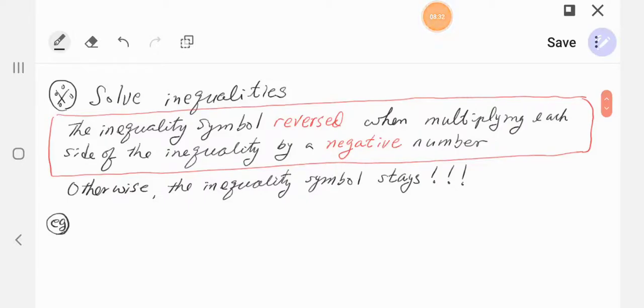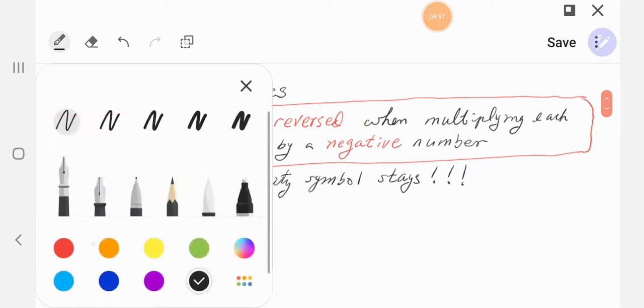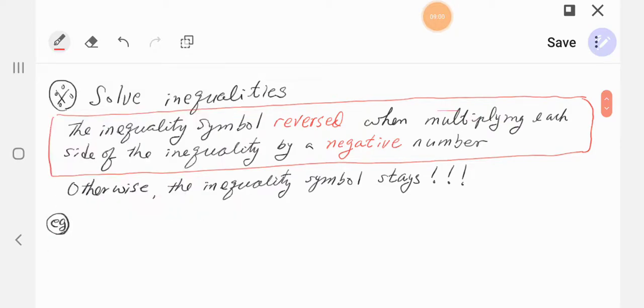Okay, the next definition is really important. When we solve inequalities, we have a rule. Solving an inequality is 99% the same as solving equations. The only difference is this: sometimes we have to multiply or divide the inequality by a negative number. So when multiplying or dividing each side of the inequality,